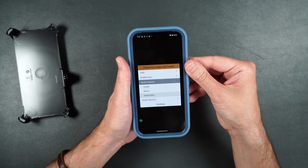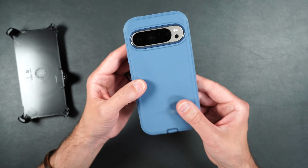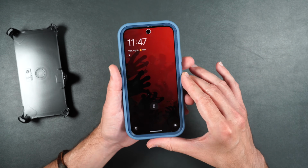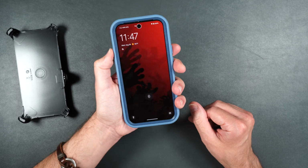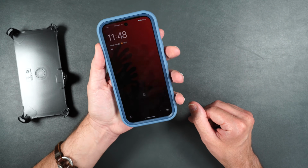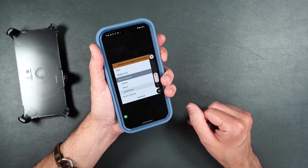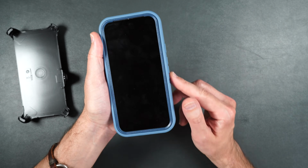You may or may not have the phone or the case after that much time, but I have seen it happen on other OTTERBOX Defender cases, so it's just something to keep in mind. Now, it does feel really good in the hand. It's nice and rubbery feeling, so it's not slippery at all. As far as the buttons go, they're easily pressable, nice and clicky, and they do protrude from the side of